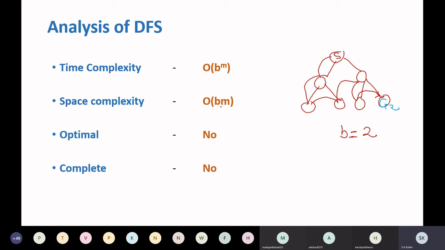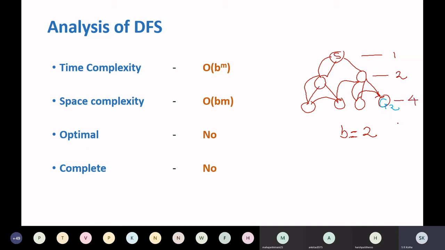Okay, before that, did you realize, or you might have discussed this in algorithms also, how to calculate this? For example, if branching factor B is equal to 2, then how many nodes has the algorithm visited? See here, at this level 1, next level 2, next level 4.